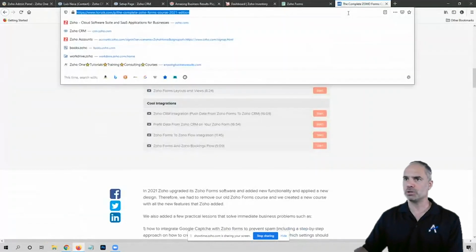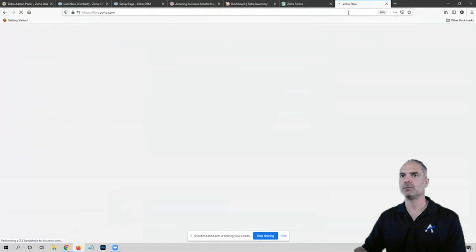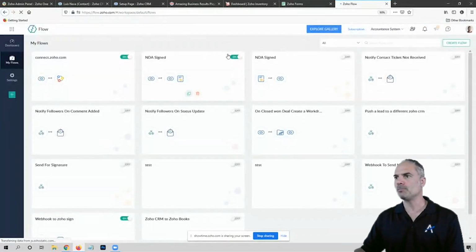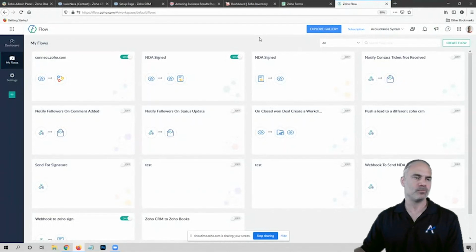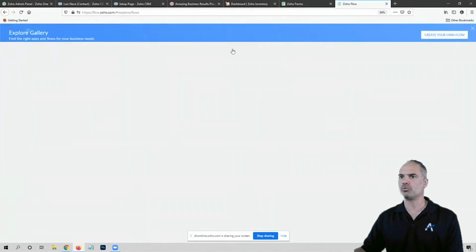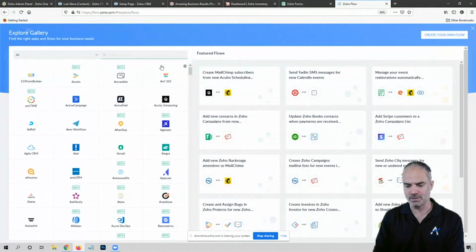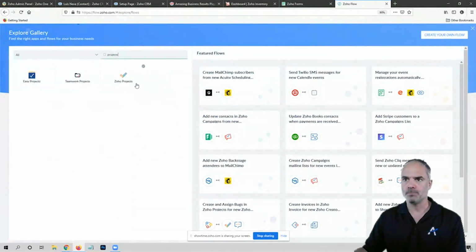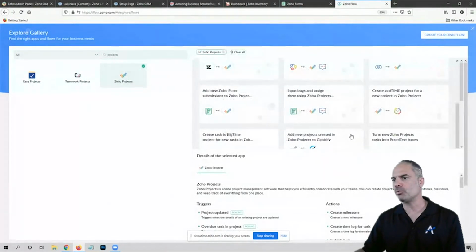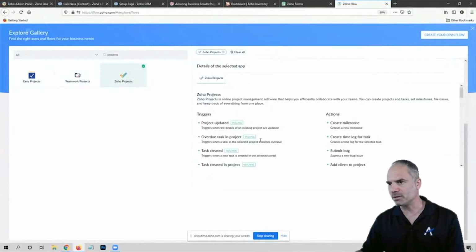And the solution will probably be in Zoho Flow. You can create a Zoho Flow that is based on Zoho Projects. I assume that you are talking about Zoho Projects when you're saying milestone completed. In Zoho Projects, let's see the triggers.